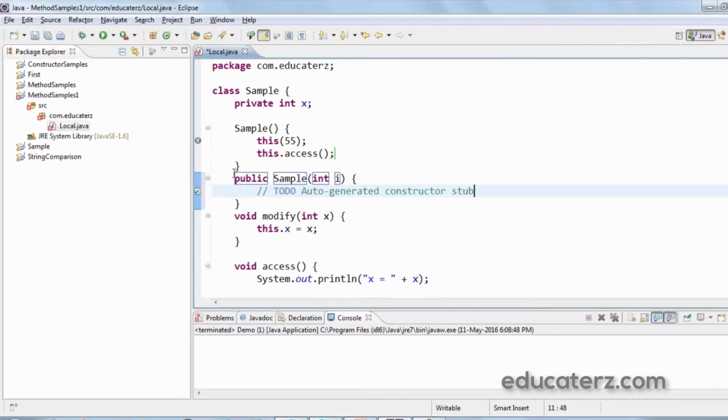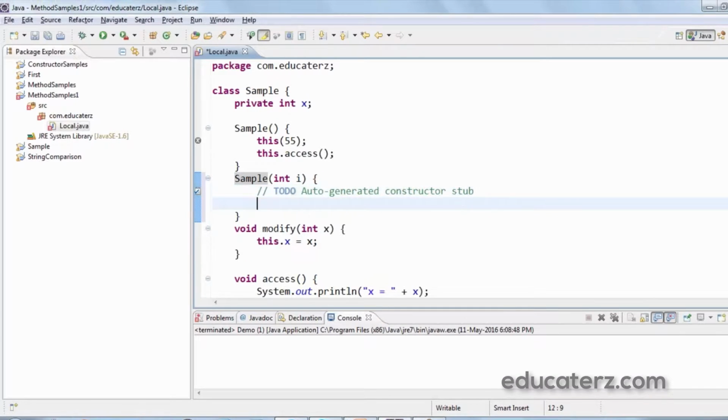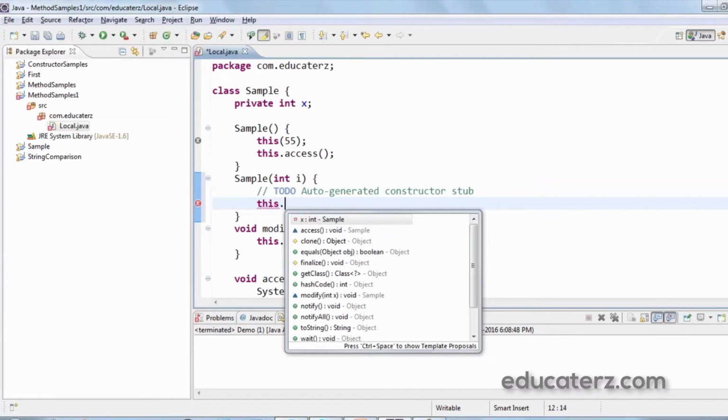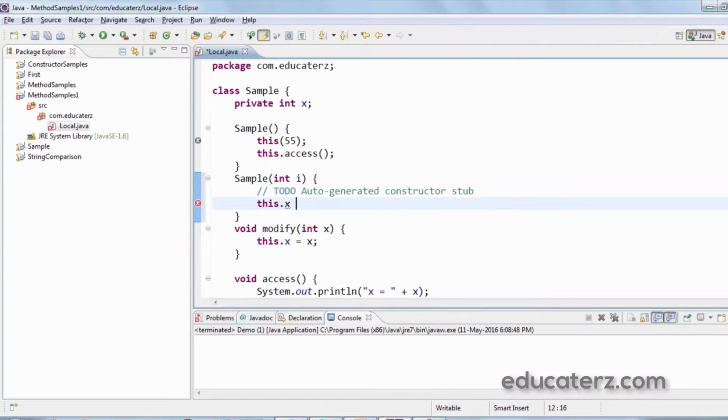So I have created a parameterized constructor. In this, I have to initialize this.x, and instead I simply use the same local variable. So here I say x.